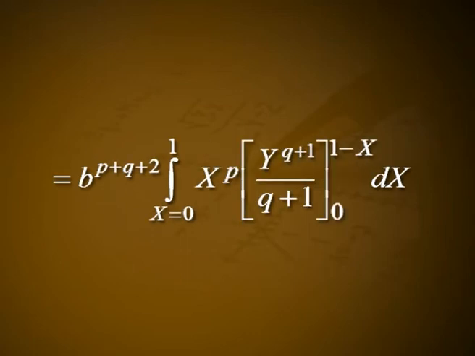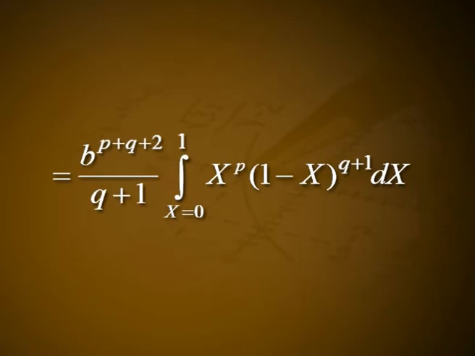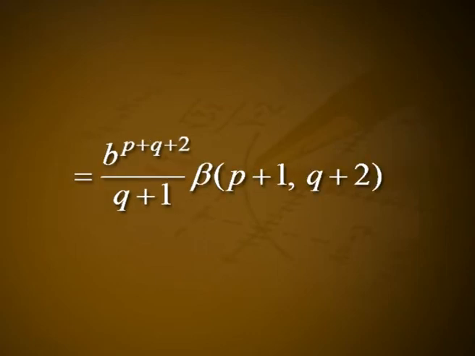that is equal to b^(p+q+2) times the integral from 0 to 1 of x^p times y^(q+1)/(q+1) over the limit 0 to 1−x dx, that is equal to b^(p+q+2)/(q+1) times the integral from 0 to 1 of x^p (1−x)^(q+1) dx, that is equal to b^(p+q+2)/(q+1) β(p+1, q+2) by the definition of the beta function,